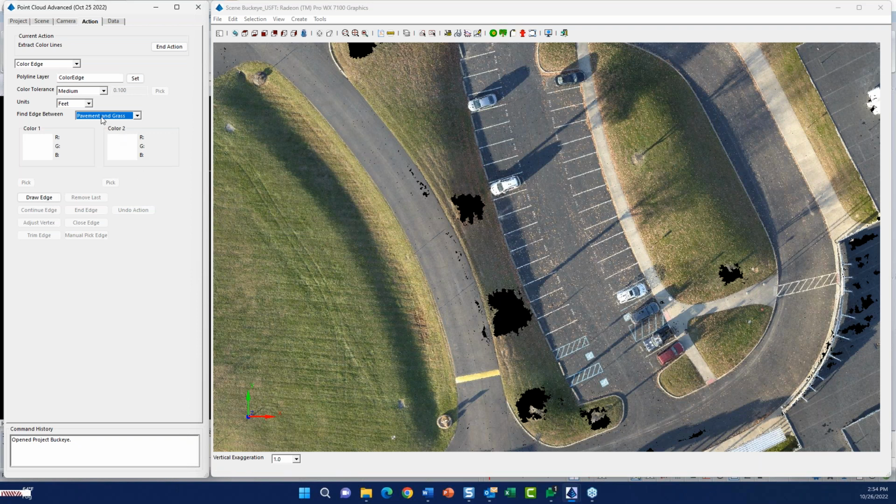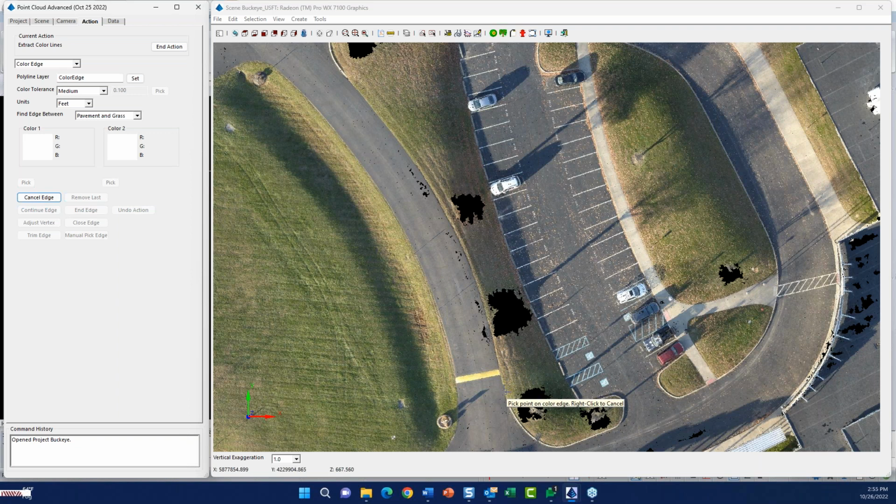There's a few presets. I expect to see us keep adding some of those, but it finds pavement and grass based upon kind of what the generic colors are going to be between pavement and grass. So all I have to do once I select that is, we now have this menu. If you can see that on my cursor, I hope you can see that. It says press draw edge to begin drawing an edge. Okay, so it gives you some instructions right there, and I hit draw edge, and I'm just going to say